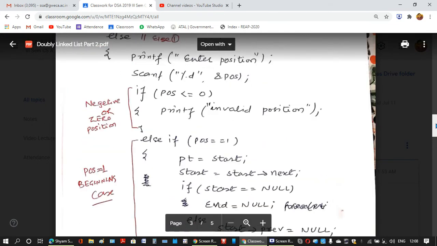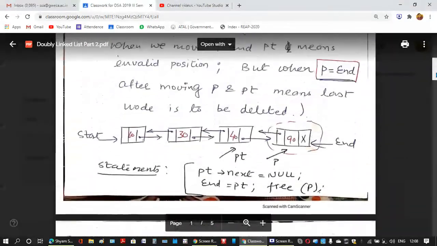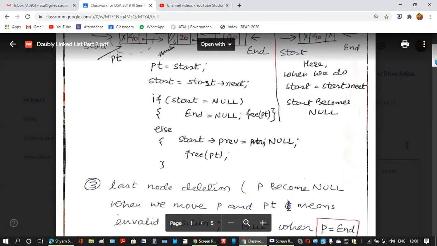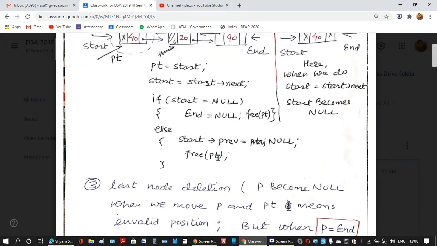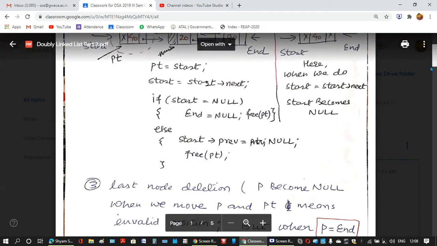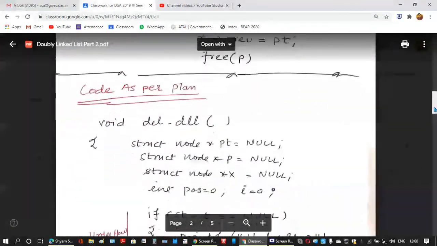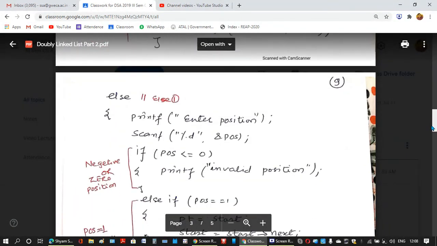When I discussed this here, I wrote free pt in both if and else. In the code, I have taken them out of if else, because in this case also we need to free pt, in this case also we need to free pt. So I have taken that outside. I hope you understand this. This is a simple C programming concept.